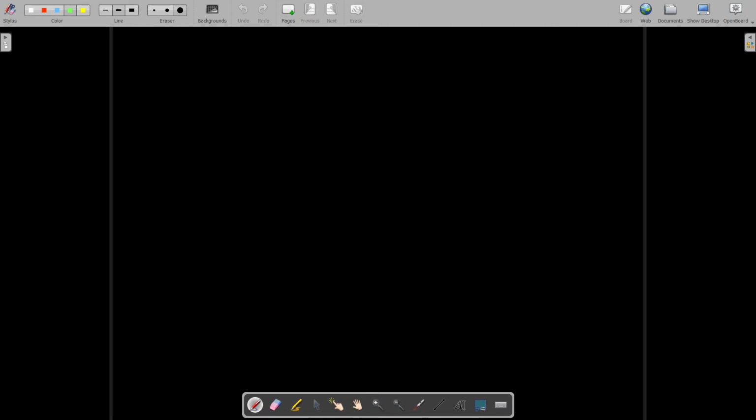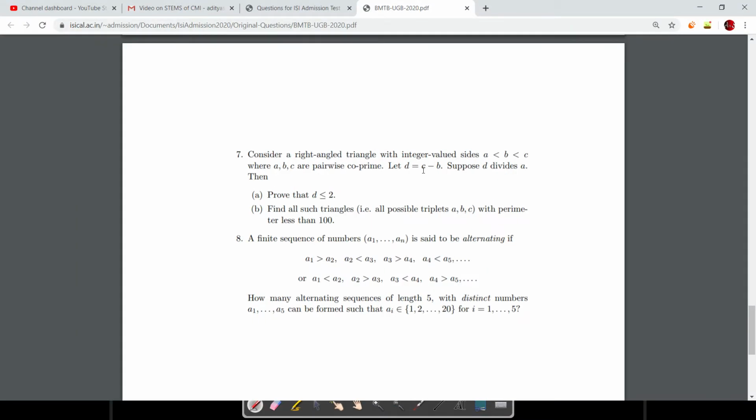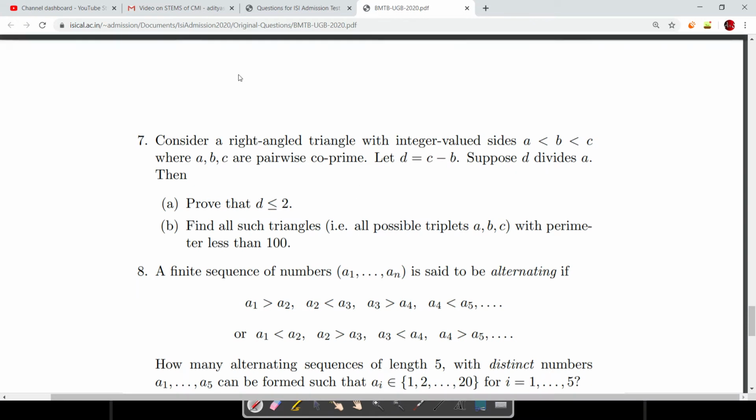So in this video, let us talk about the number theory question that came in this year's ISI paper, the BSTAT paper. I'll be talking about all these questions one by one. I'll take the questions, but let's just start with this one. The question was something like this. I have it open here, so this is the question you can see on the screen, right?